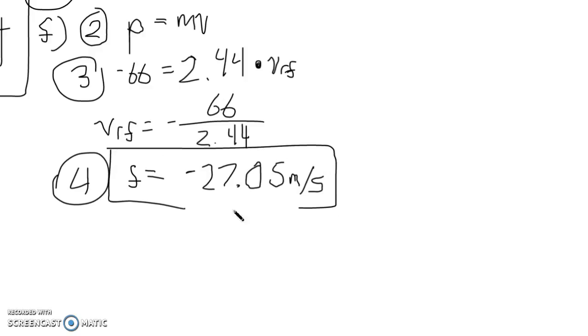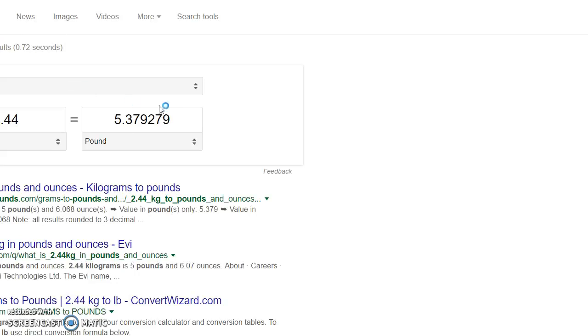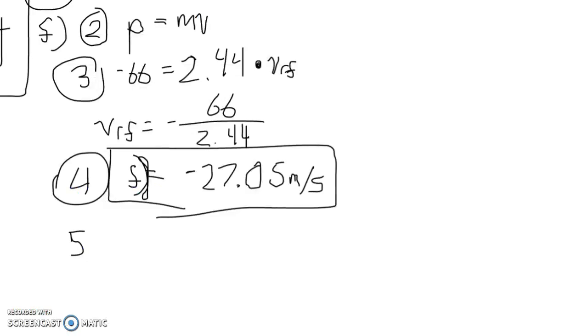I'm kind of cutting it close on time here. Step F, there we go. And this makes sense because it's a pretty light rifle, so it's going to have a lot of kickback. It's only 2.44 kilograms, which is about 5 pounds. So it's not exactly the lightest or the heaviest